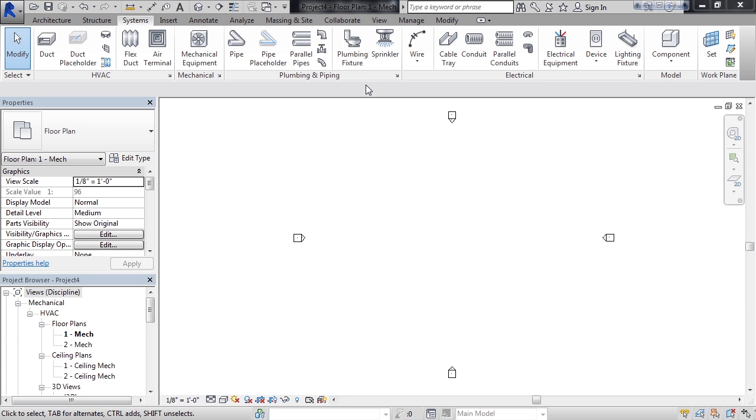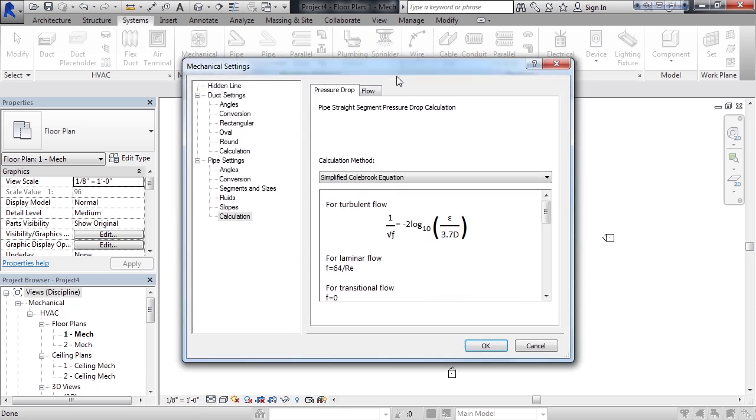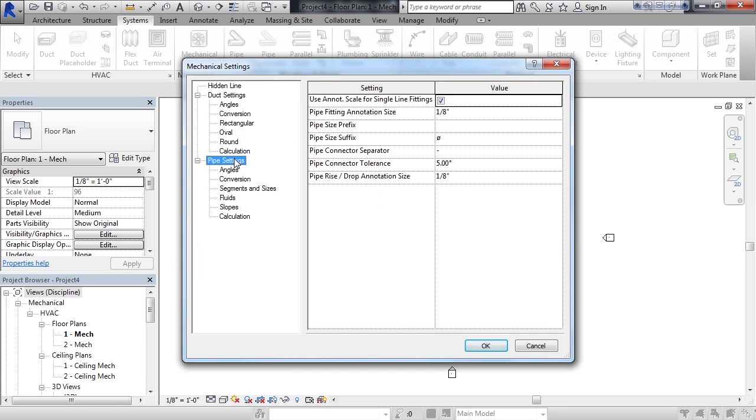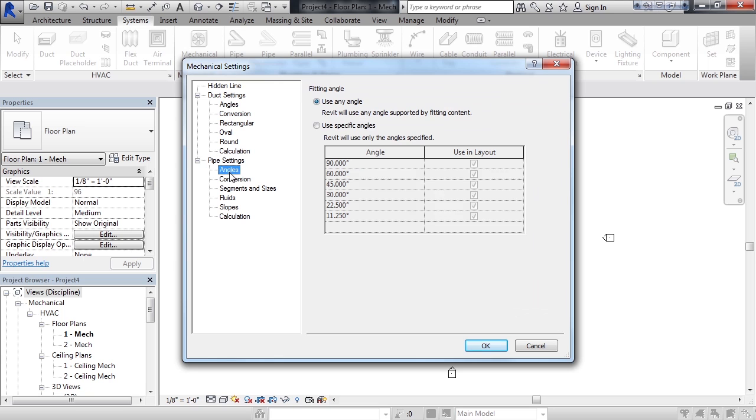To the right of the word plumbing and piping, there's a drop-down arrow. Go ahead and click that arrow, and that will display the various mechanical settings. So go ahead and click Pipe Settings. Listed here are various settings and values. Click on Angles. This is where you can specify to use specific angles or use any angle that you want